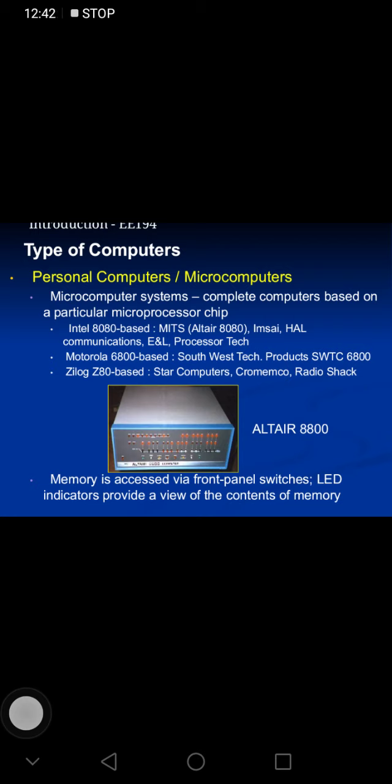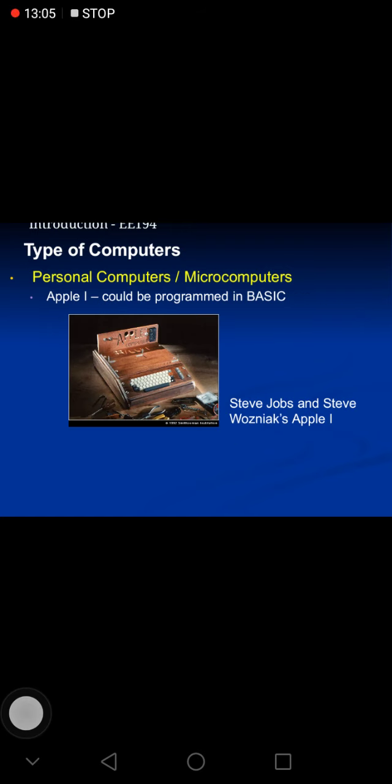Usually these personal computers is parang kumbaga, okay, particular example of that one is this Altair 8800, no? So ito yung types of computer in which we don't have monitor, but it actually performs some instructions that are being given through instruction, no? We have a complete computer based on a particular microprocessor chip lang yun siya, kumbaga. Okay? So we have here personal computers or microcomputers. Ito yung pinaka first niya na type or first configuration. Ito yung first na configuration ng Apple 1, no? Could be programmed in BASIC lang naman din siya.